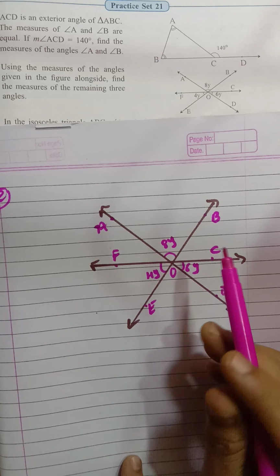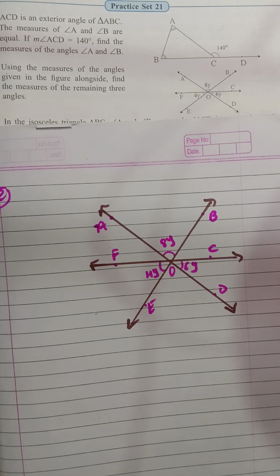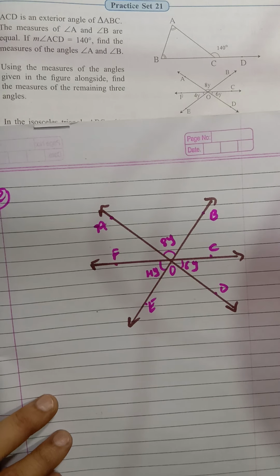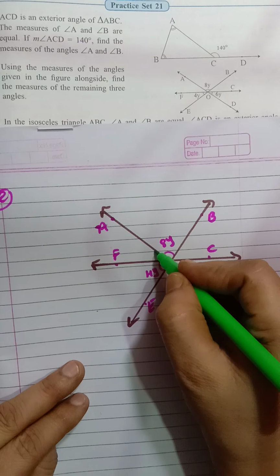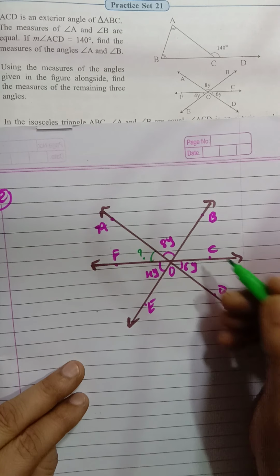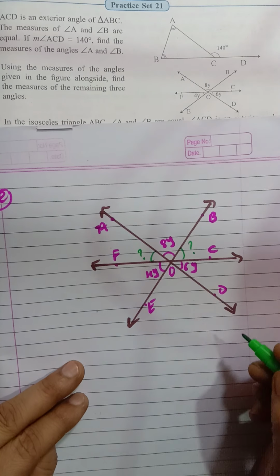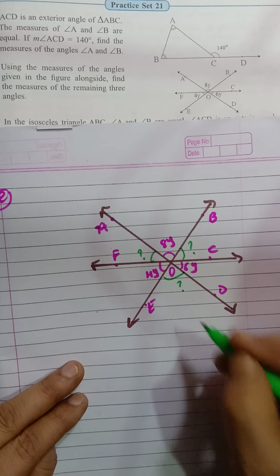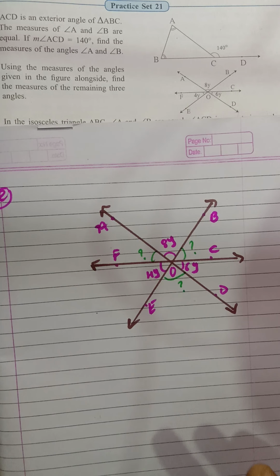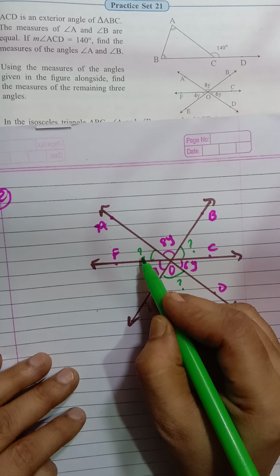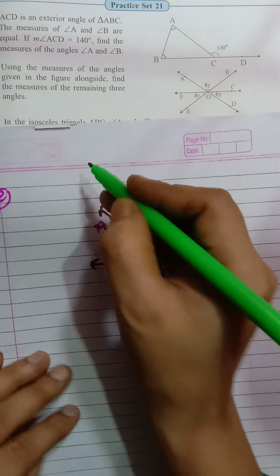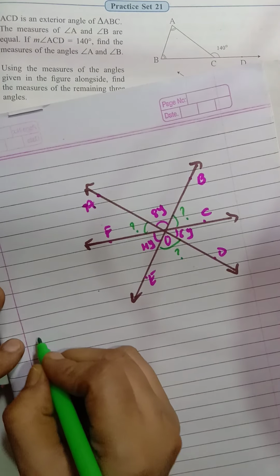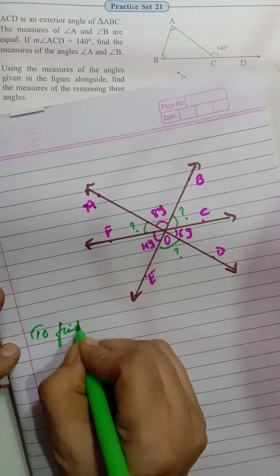Now I'll show with the other pen which angles are not given so that it is clear to you. See, children, this angle is not given to us, and this angle is not given, and this angle is not given. So these 3 angles we have to find out. Now the name of this angle is angle AOF. That means the first thing we have to find is which angle?